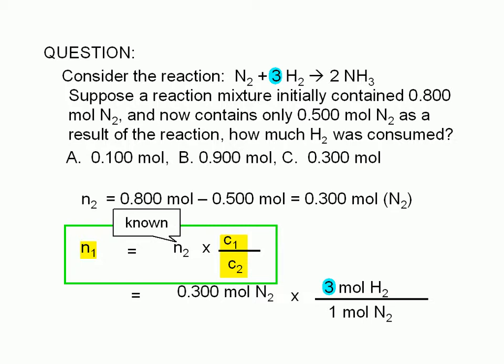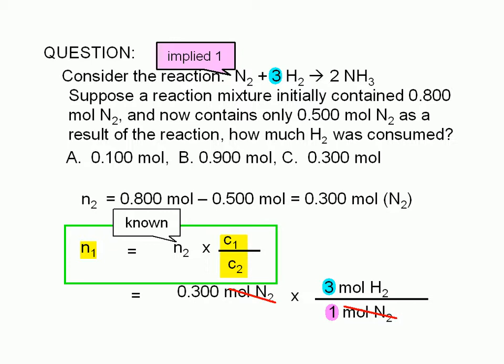The coefficient of N2 in the balanced equation is 1. The ratio of coefficients serves as a conversion factor. The answer we get here is